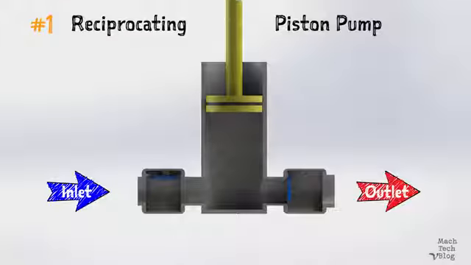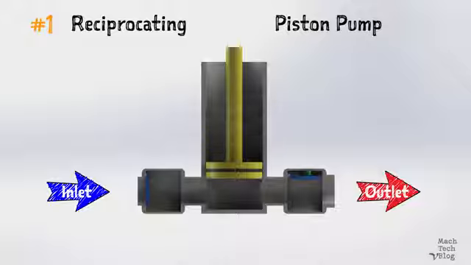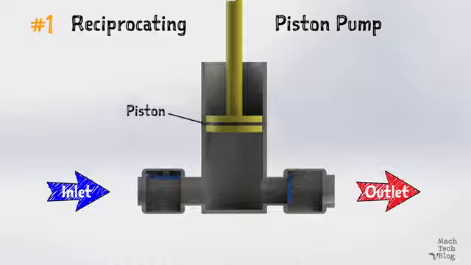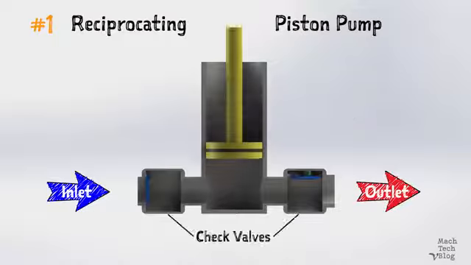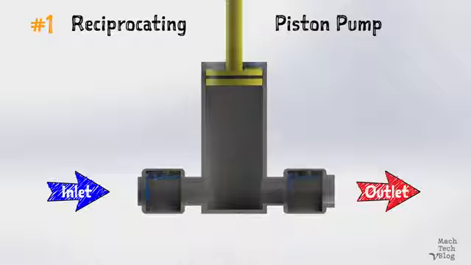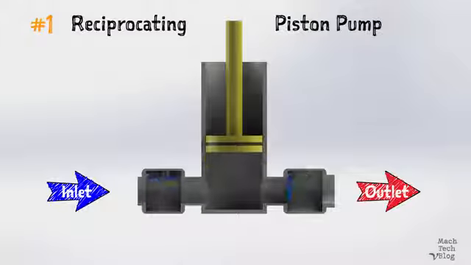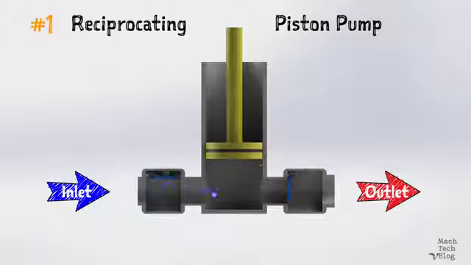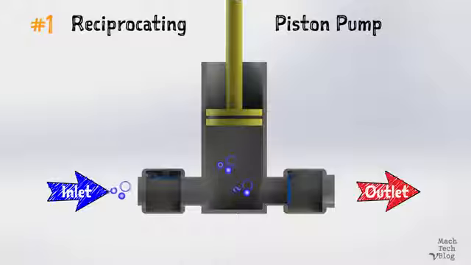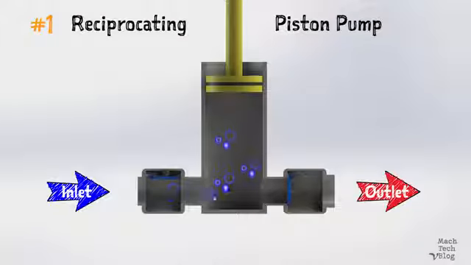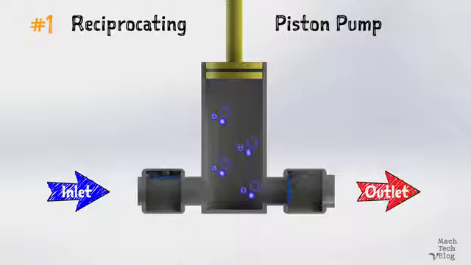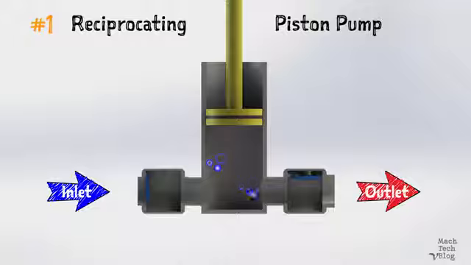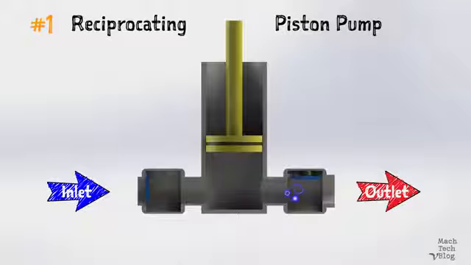To illustrate this concept, let's take a look at pump number 1, the piston pump. The mechanism consists of a reciprocating piston inside of a cylinder with check valves at both the inlet and the outlet. When the piston is on its suction stroke, which is the upstroke in this case, the chamber inside of the cylinder expands, the pressure drops, the check valve on the suction side opens, and fluid is admitted through the inlet. By definition, check valves permit flow in one direction only, so they help to prevent backflow and direct the